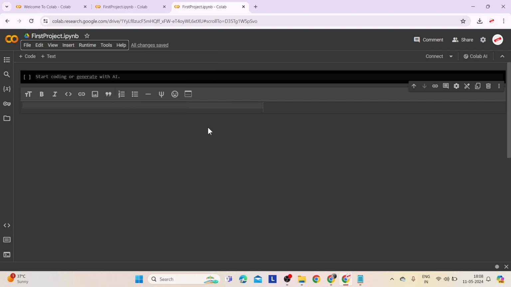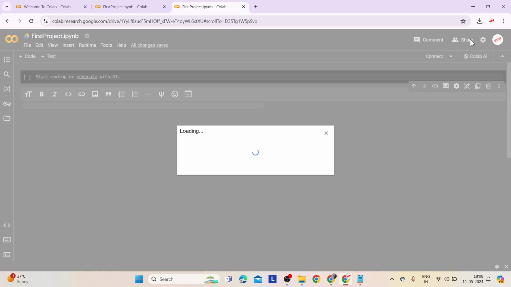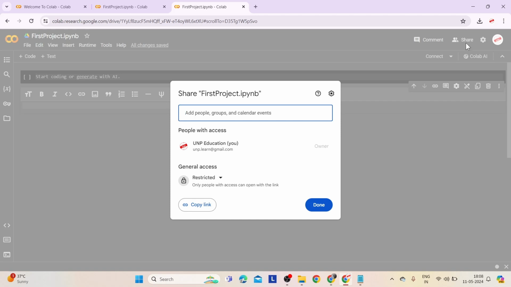Now let's understand how to share our Google Colab notebook. We have an option called Share at the top right corner. Click on Share. Here you can add people, groups to whom you want to share this notebook. You can either